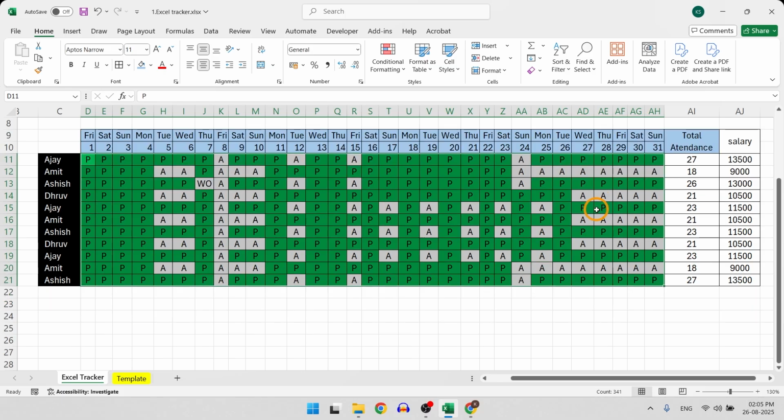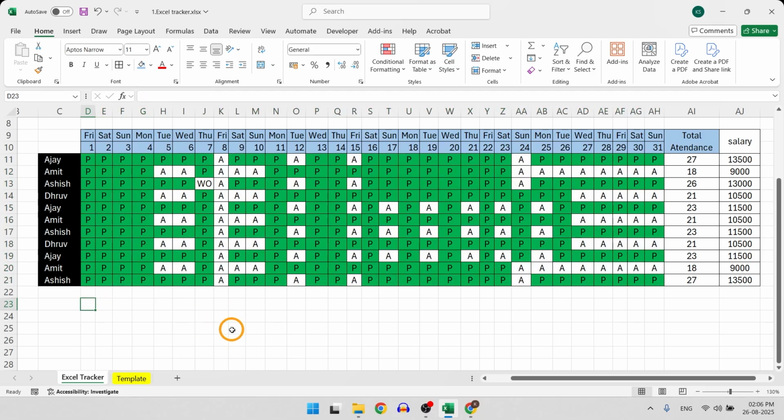For better clarity on how the formula works, let's try checking the formula in the grid itself first. If I type the same formula that we typed in the conditional formatting, say D11 equal to P, and press enter, this comes out to be true.